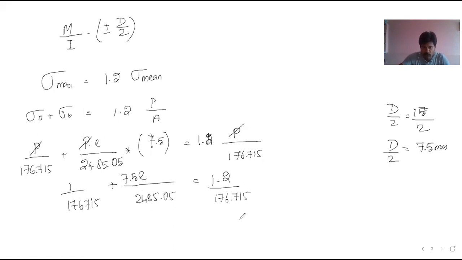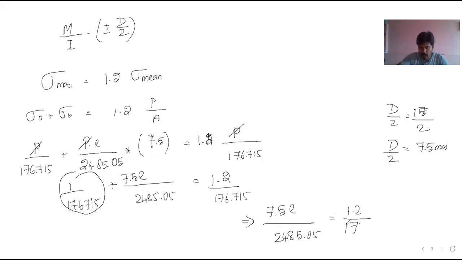So if I am going to take this term to the right hand side, so 7.5 times of E divided by 2485.05 is equal to 1.2 divided by 176.715 minus 1 divided by 176.715. So the term becomes